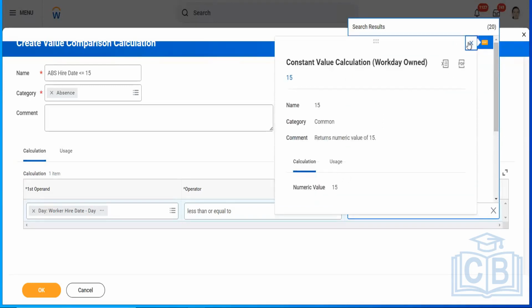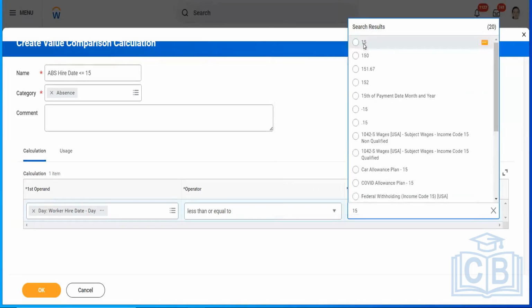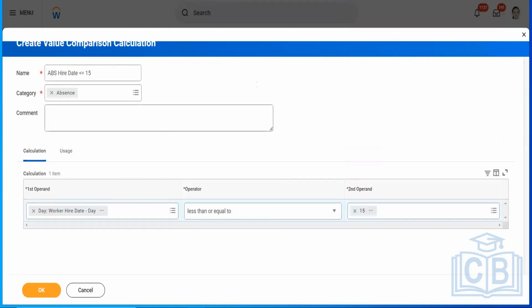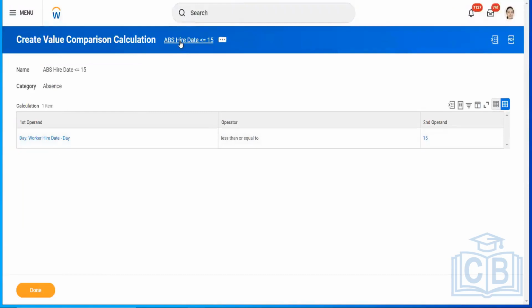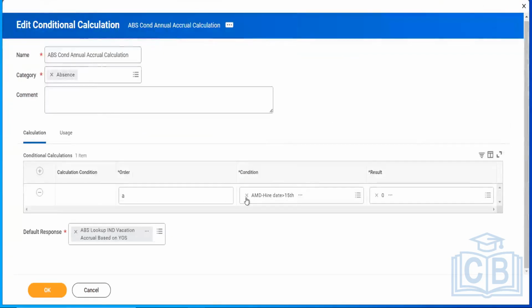This is 15. Is this thing clear? I will go here, at this condition,